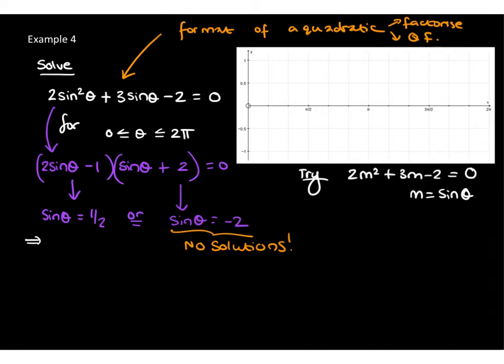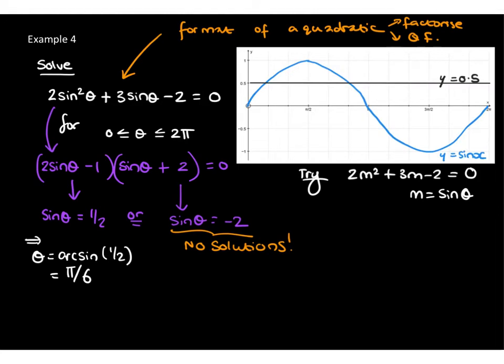So first of all, theta equals arc sine of 1/2. And that gives me a value of pi by 6. And then I will sketch my trig graph. So have a look at the sketches of y equals 1/2 and y equals sine x. We can see we get an intersection here and an intersection here. And of course, this first answer is theta equals pi by 6, and then use the symmetry of the function here. That's pi by 6, this gap is pi by 6, so we can work out the second answer as